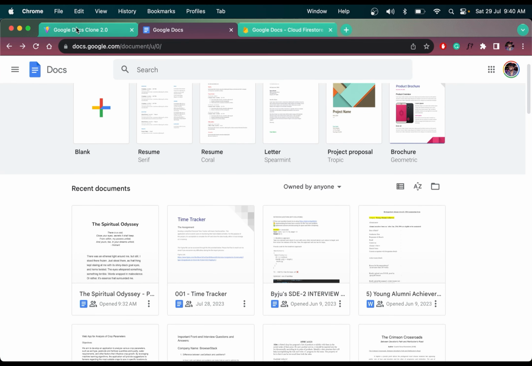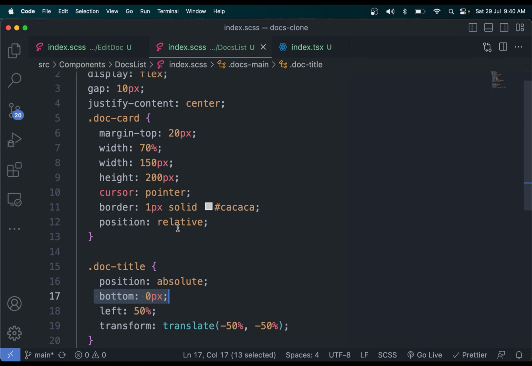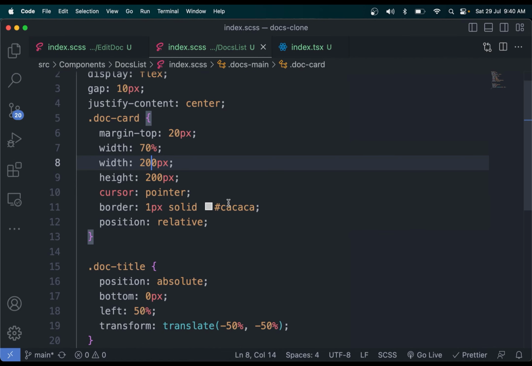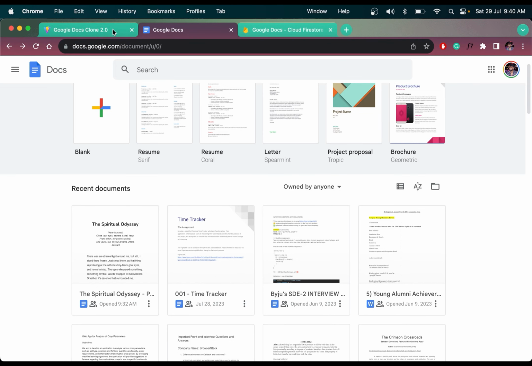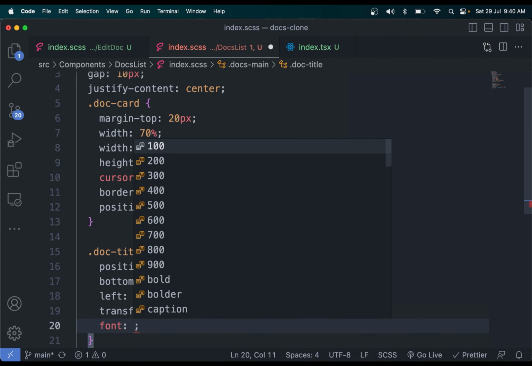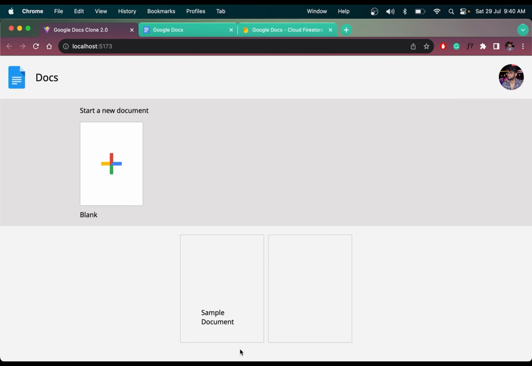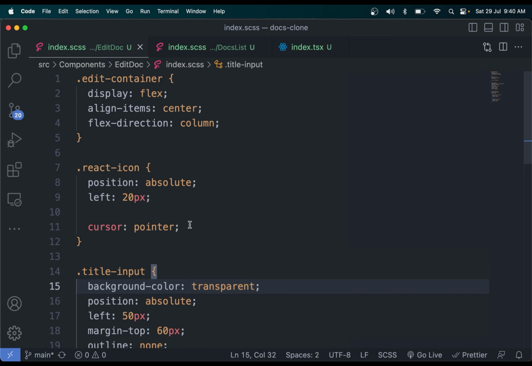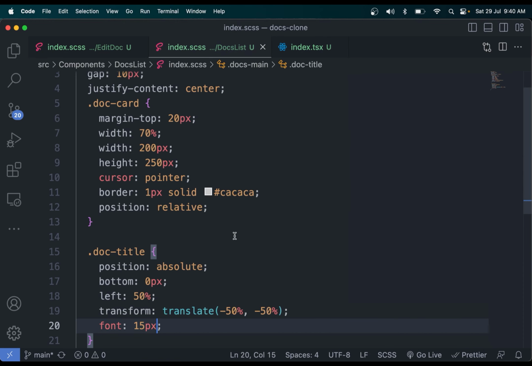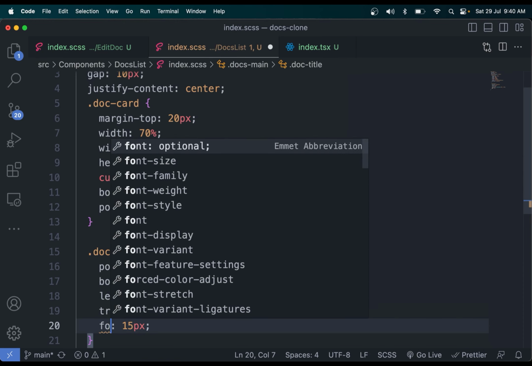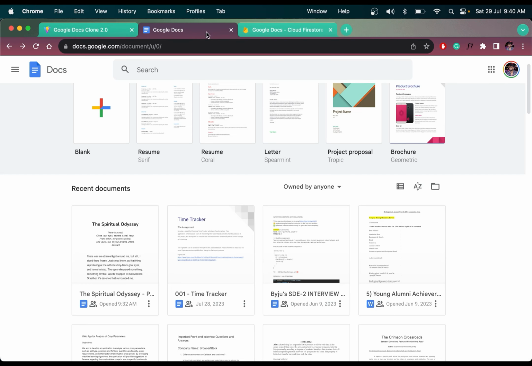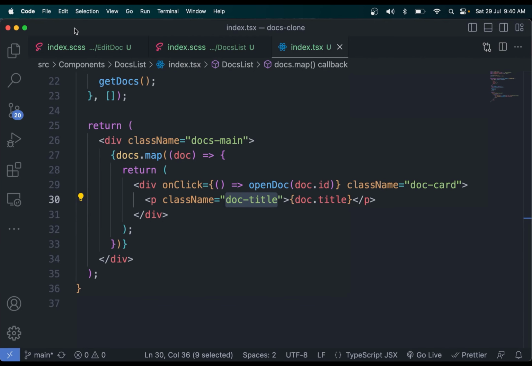So okay, if you see the width is a little bit more than this, so make the width as 200. Then the height as well, say 250. If I now check, the height is bigger. Let me change the font size to say 15px in here. Doc title we have p. Yes, it is now smaller, but the thing is title sample document